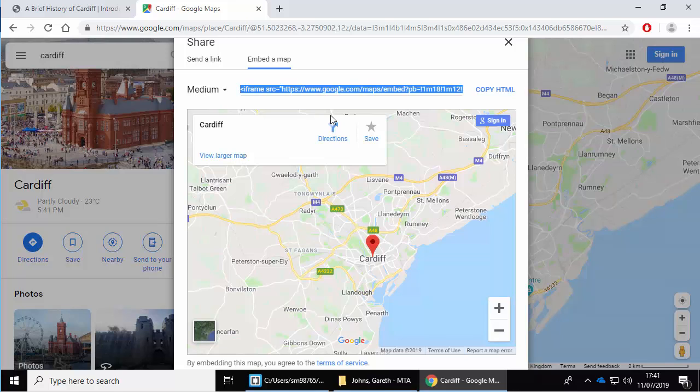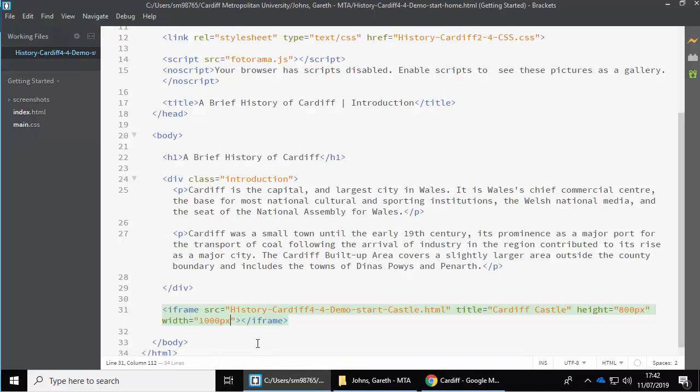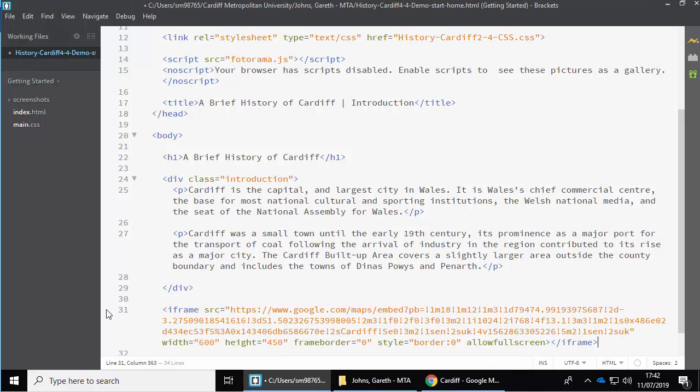And note that the code begins with iFrame. So if we copy that code and paste it into our page,